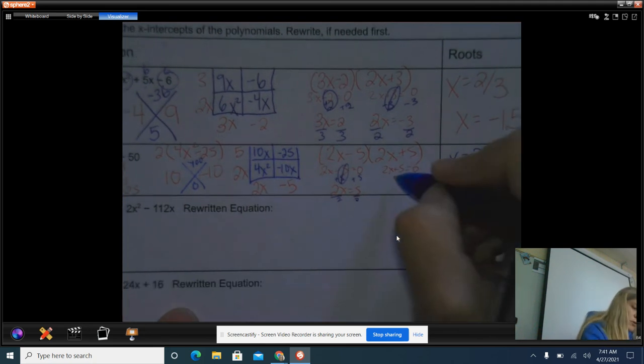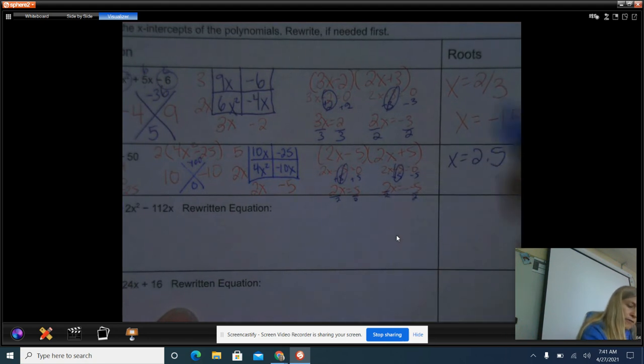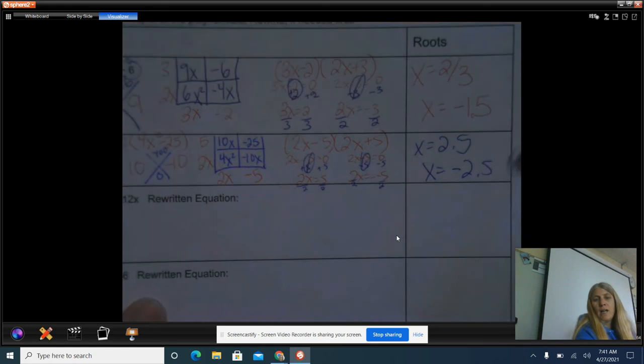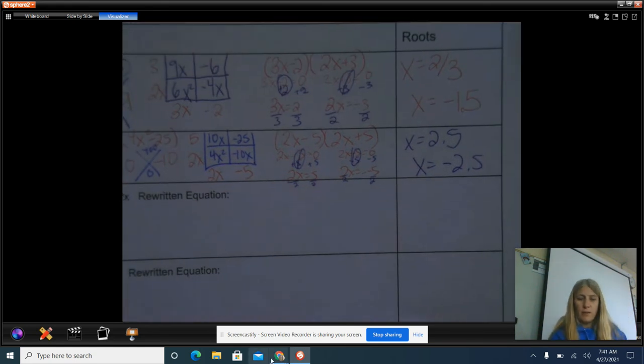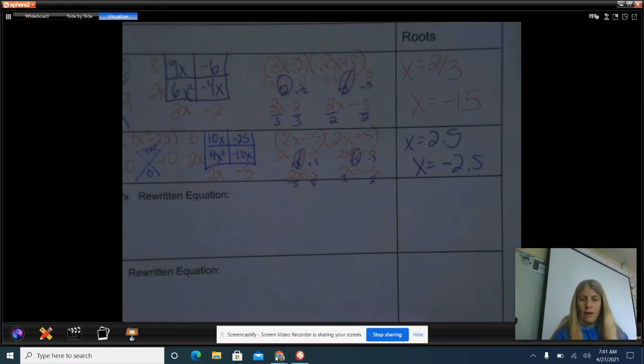For the second one, I'm going to subtract 5 from both sides. 2x is equal to negative 5. Divide both sides by 2, and I have x is equal to negative 2.5. Okay, so whenever we have this, it's a special situation. And for this type of a